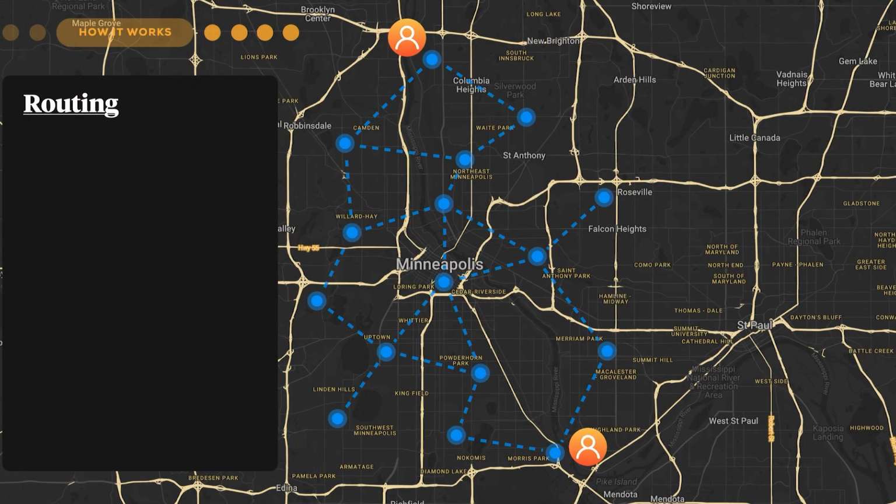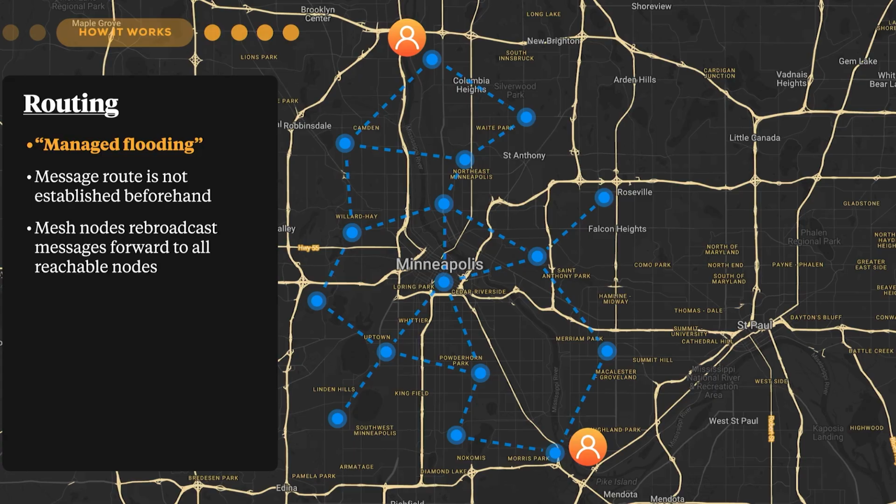Meshtastic has a unique routing scheme called managed flooding, which is interesting. The way managed flooding works is there's no route established beforehand. The message doesn't know where to go when you hit send. The message has a way of finding its way through the mesh using this managed flooding routing.